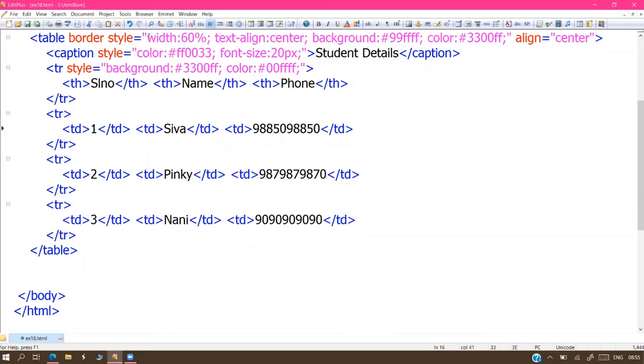Is this applicable only for tables? No. Even the division boxes we create, there also we can apply this width percentage. We can give the percentage for height also. There is no problem. For the tags that support width and height, we have two types of measurements: one is fixed measurements, one is percentage measurements.